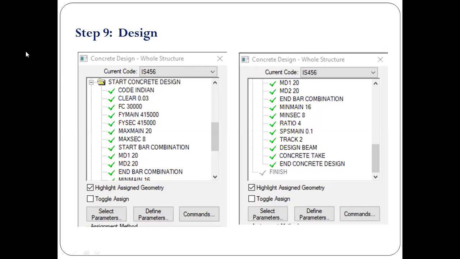Under design, first what we do is pick up the code. So IS 456, we are picking up. Under that, we are defining the clear cover, grade of concrete, grade of main bar, grade of secondary bars, then the maximum main bar diameter we are going to use, and the maximum secondary bar diameter. Then in case of bar combination, we have to give what is the first bar, what is the second bar, and then